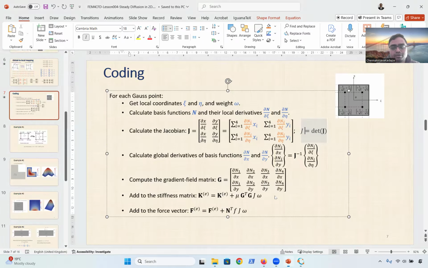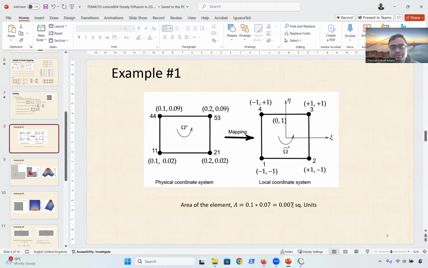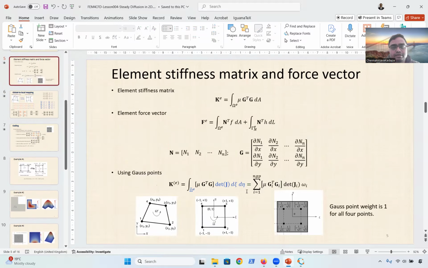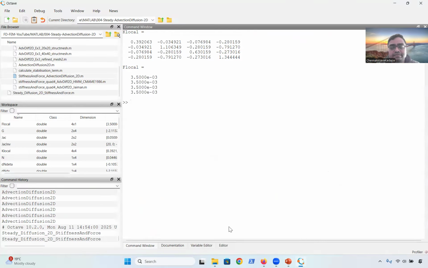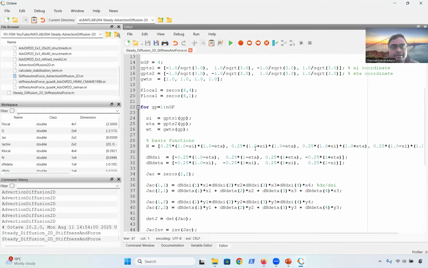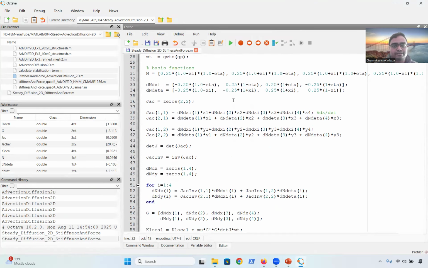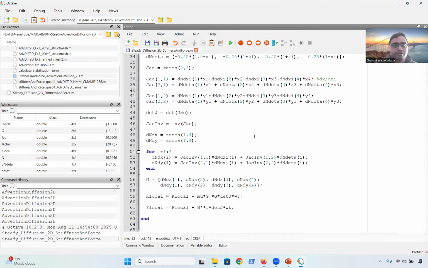We know the area of the element should be 0.007, and we saw that the determinant of the Jacobian tells us the area change. So if you do the calculation, it tells us the area of the element as well. What do I mean? We calculate the area. Once we calculate the determinant of Jacobian,